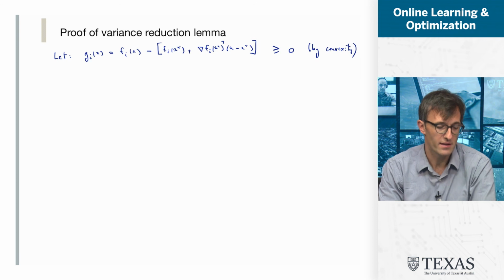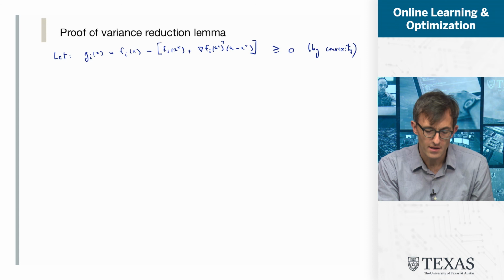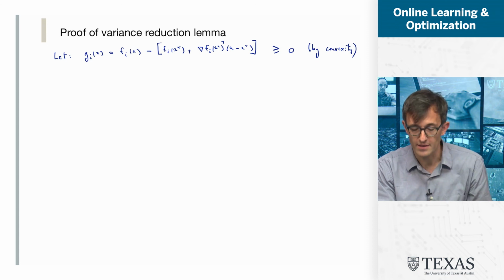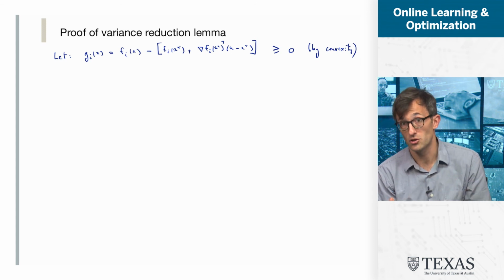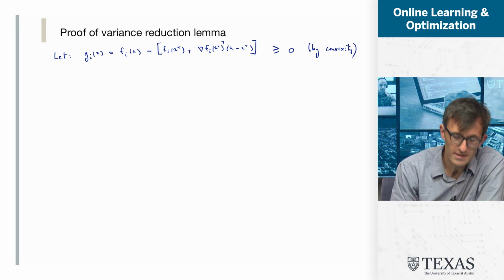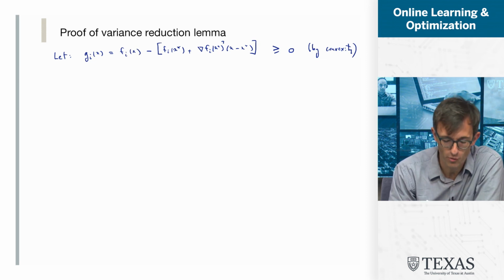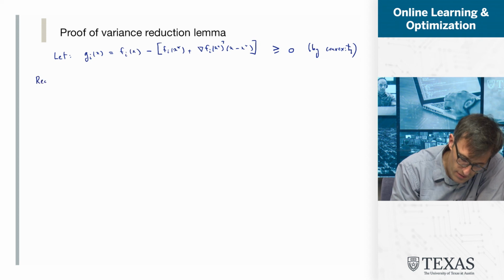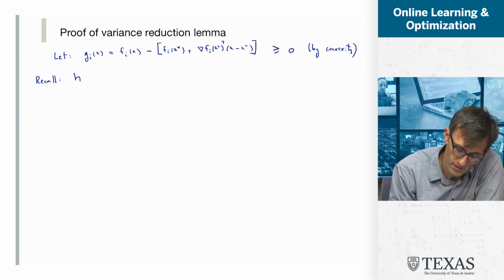And of course, gi is also convex, and it's also smooth. Why is that? Well, gi here is equal to fi of x minus a linear function. And subtracting a linear function cannot change your smoothness, and it cannot change your convexity. So let's think back to one of our earlier lectures on smooth functions. We had proved a very important property. We call h a generic convex smooth function. If h is convex and beta smooth,